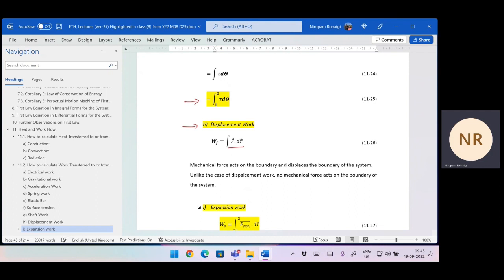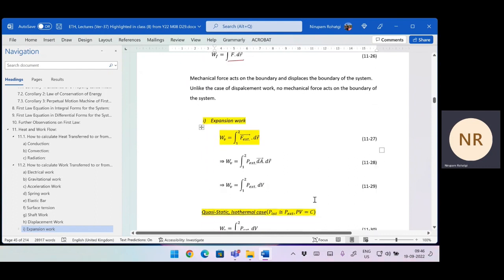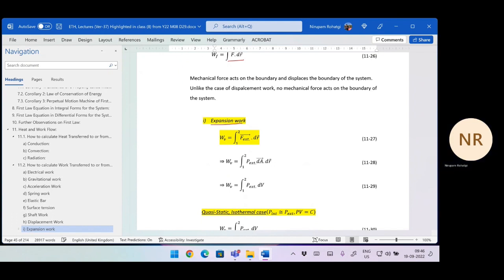So all these works can be there, but now comes a special one where you will make many mistakes, and it is not clearly mentioned in the books. So I would expect you to give more attention to this. Now this is called expansion work, and we are talking about change in volume of the body. So the formula here is, you see, what is the work done by the system on the surroundings. If you have to calculate that,